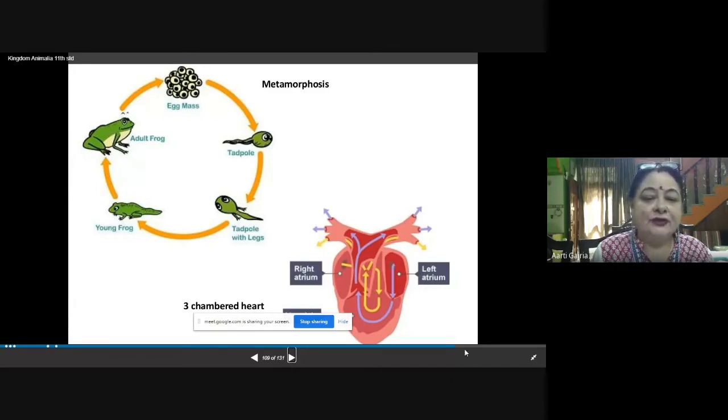And here you can see three-chambered heart. Three-chambered means there is compartmentalization in the auricle. So you will find left atrium and right atrium, and ventricle is one. So one ventricle and two atria. That's why it is three-chambered heart. So this is all about class